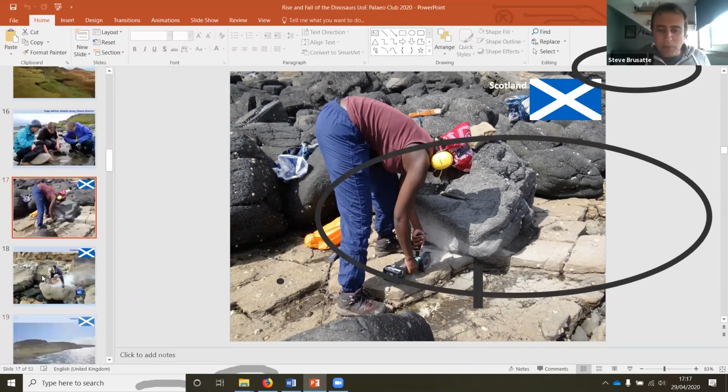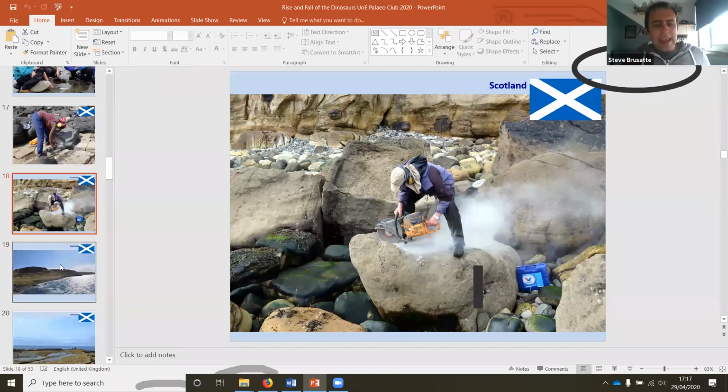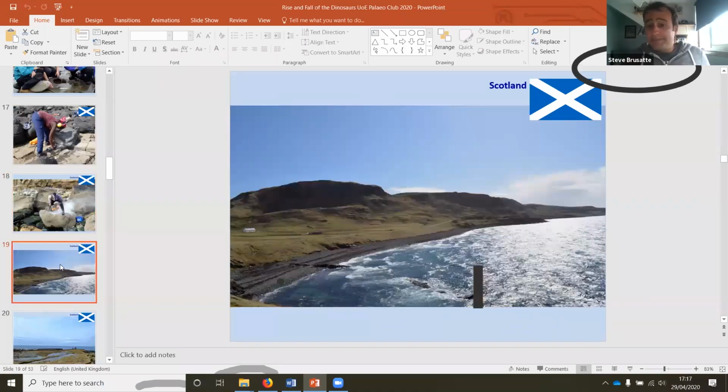And with the bigger bones, we have to use bigger tools. There we are, this one of our colleagues with a diamond tip saw, with a rock saw, literally cutting the dinosaur bones out of the rock. The rock is so hard, we need to cut the bones out. Now, the bones on Skye are pretty rare. We usually just find bits and pieces of them, but